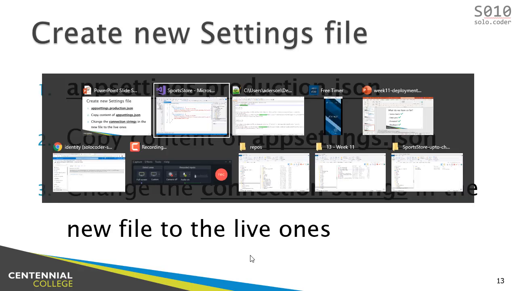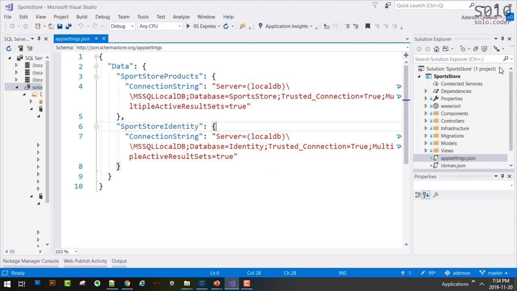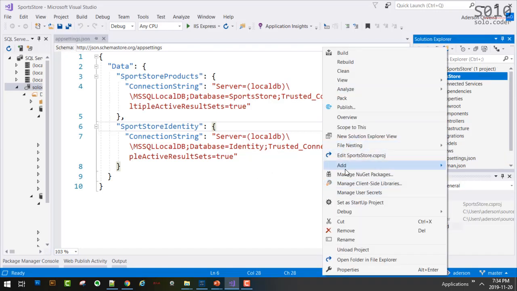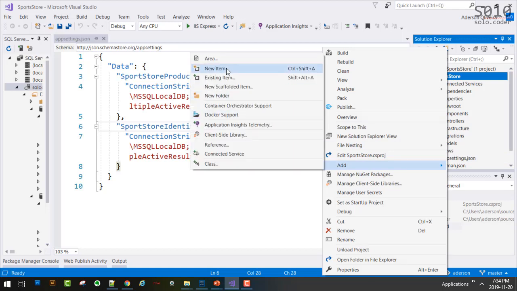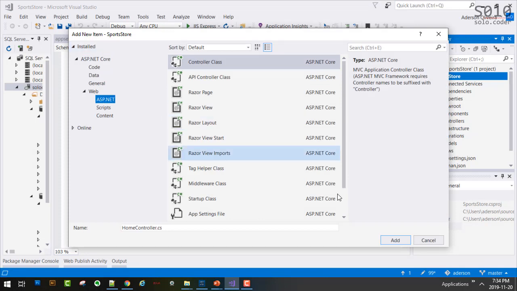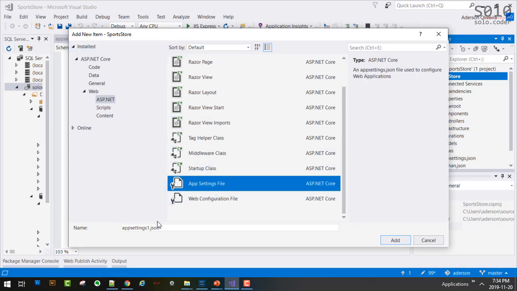Okay. So let's go there. Right-click on the project name. Go to Add, New Item. Go to Web, ASP.NET, and look for the app settings file. Rename it and set it exactly like that.